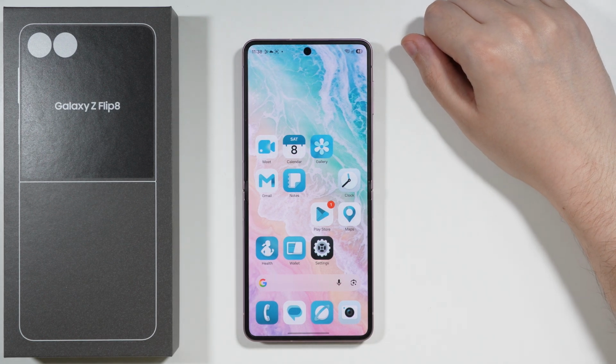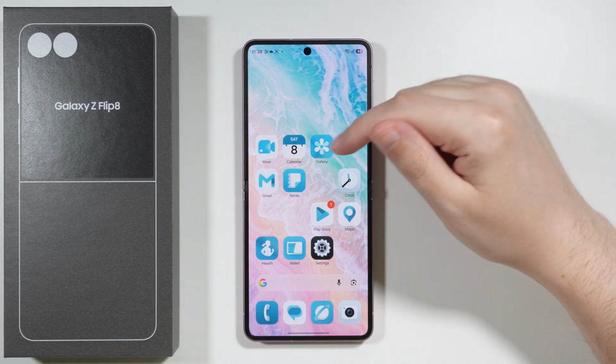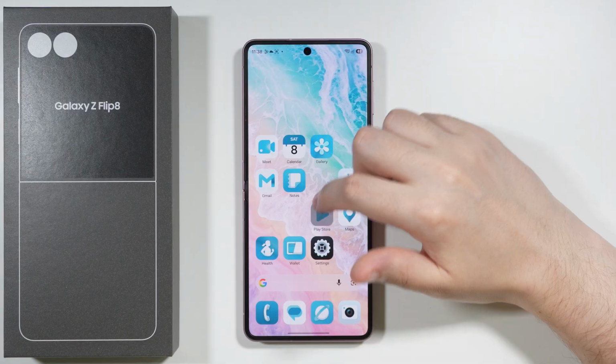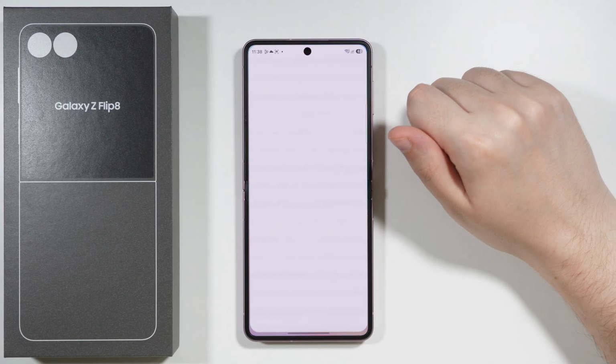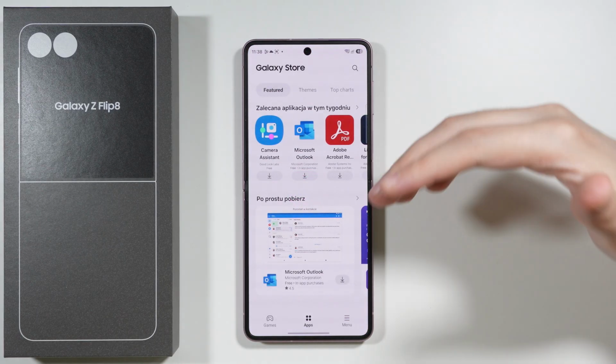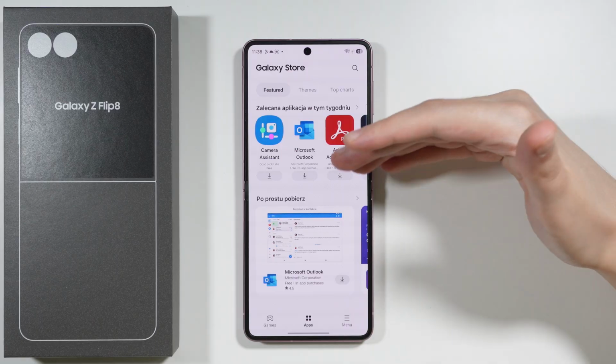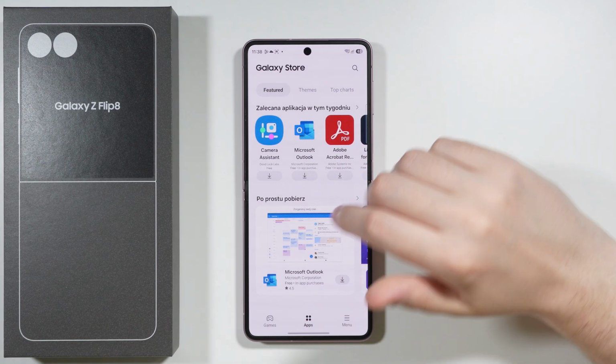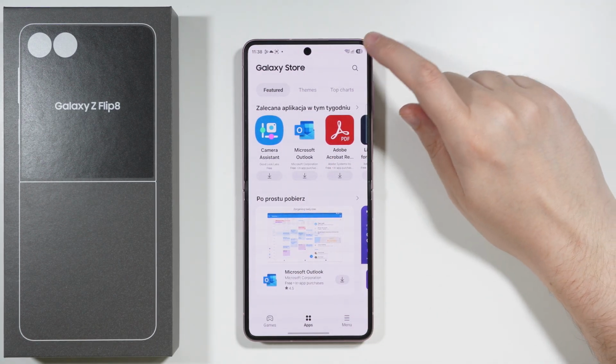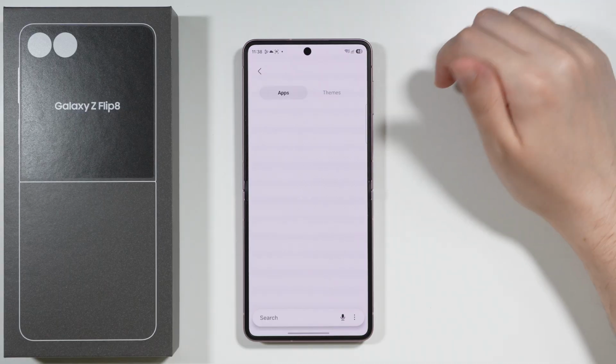If you want to get the Samsung Messages app on the Samsung Galaxy Z Flip 8, then first of all, we need to open the Galaxy Store. Unfortunately, you need to have a Samsung account to be able to use the Galaxy Store. But once you have access to Galaxy Store, you can use the search option in the upper right corner and